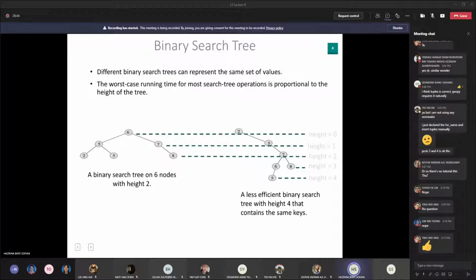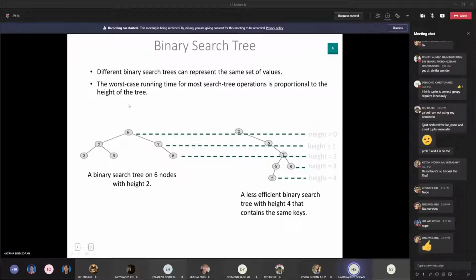We will be learning the BST insertion towards the end of this lecture, but it's important for you to know that when we do the insertion, it means we are converting from array to BST. When we want to convert from array to BST, we need to follow the sequence. Okay, so let's say